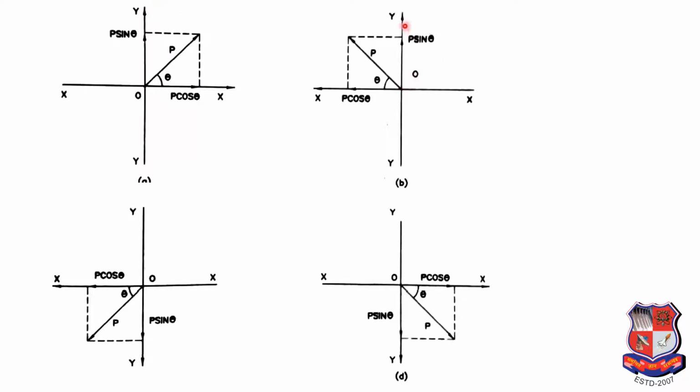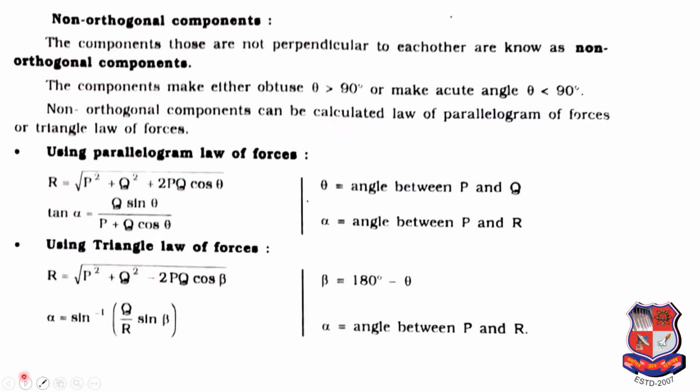In second case you can see your p sin theta over here, your p cos theta in that direction. In third case your p cos theta, you can observe your p sin theta, same way your theta with x axis. So here your p cos theta will be there and that component will be p sin theta. So we have to remember that the angle which we are making with the x axis, that will be the cos component, and the remaining vertical component will be sine. Okay, so it is also very simple, easy to understand.